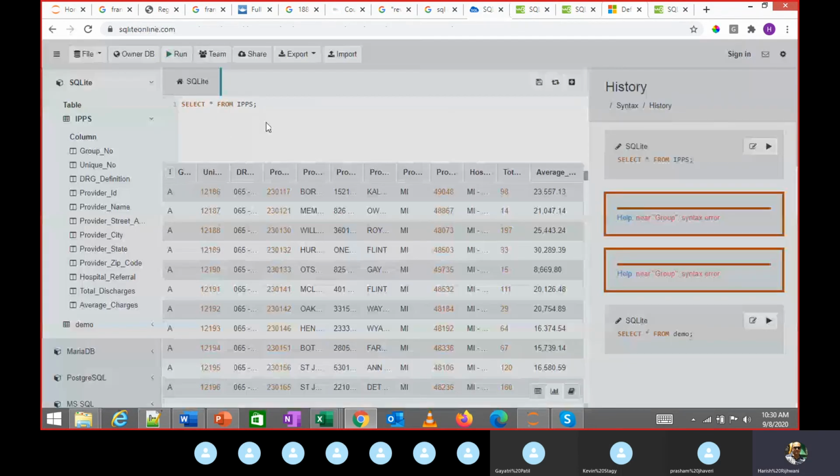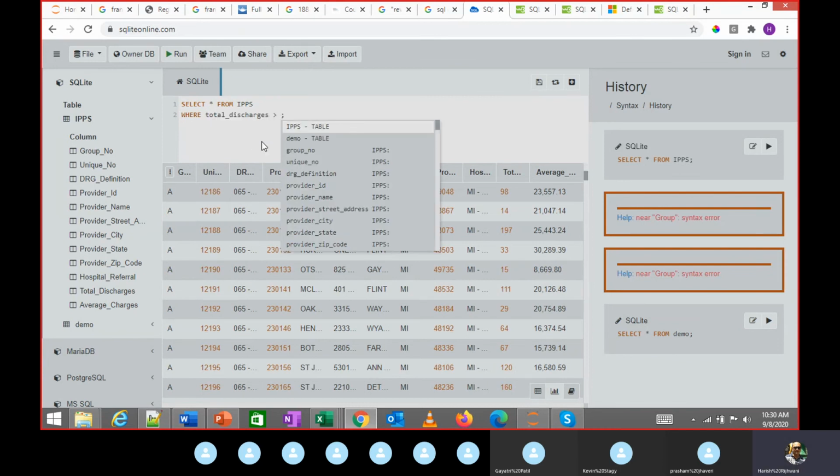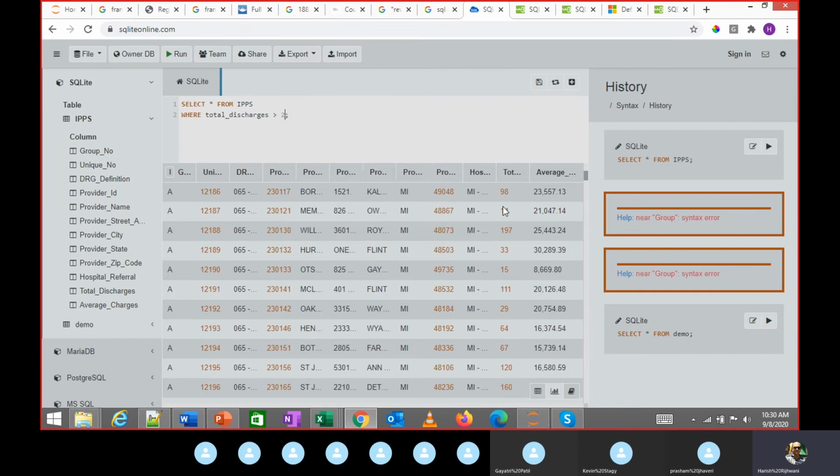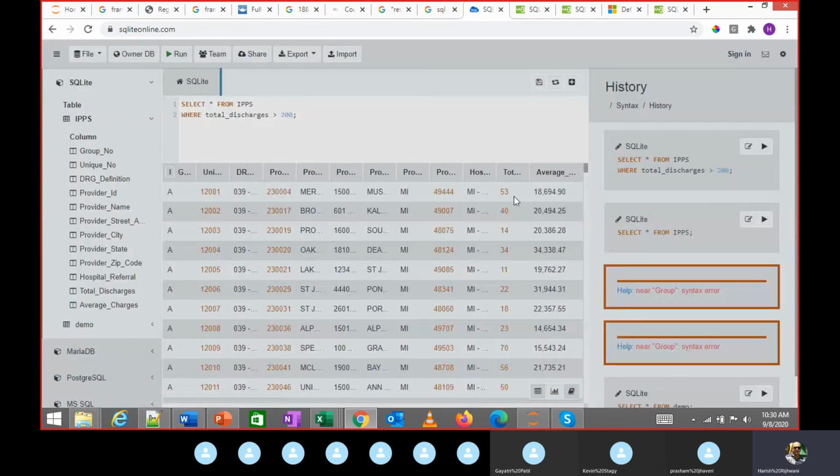So here also you can select where total discharges is greater than a specific number, greater than 200. If I run this, I get total. Oh, this is very weird.